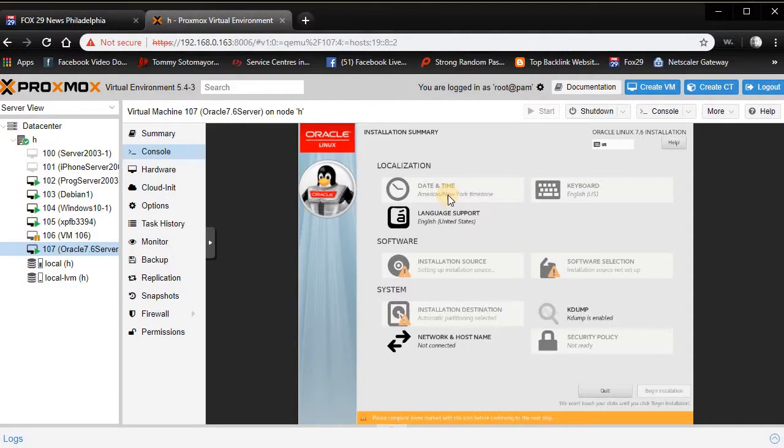Then I want to set my date and time. And you'll notice that your begin installation button is grayed out until all the critical items up here are set up. You cannot proceed to the begin installation. So that's